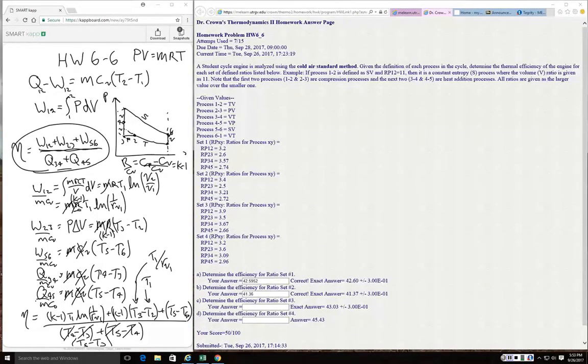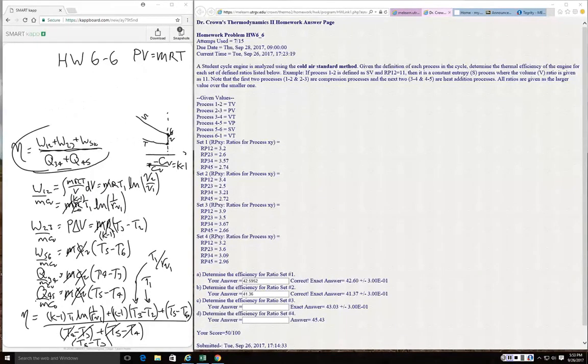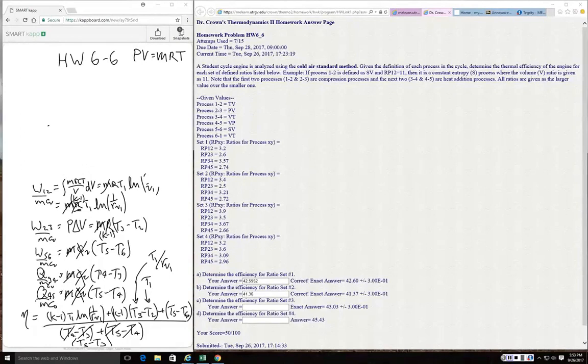I'm going to write out what I've got for the final solution. And you can try and find that yourself. And if you plug in values, you should get the same answers as I got on the example problem. So finally I get that the efficiency equals K minus 1 over RV2 minus 1 plus K minus 1